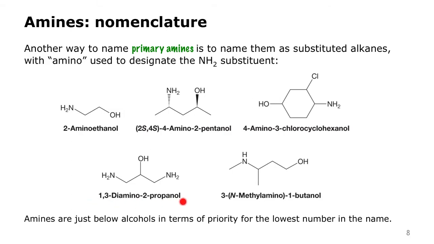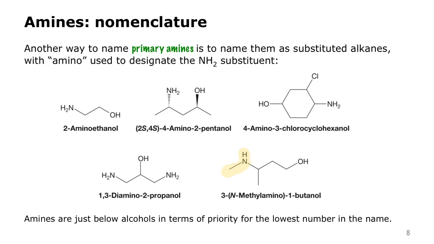It's another alcohol example. It's a 3-carbon chain, so it's actually a 2-propanol. We would number that carbon chain from one end to the other. We have an amino group on carbon 1 and an amino group on carbon number 3, no matter which way we count. This last one's an interesting example because we have a substituted amino group here on this chain, and